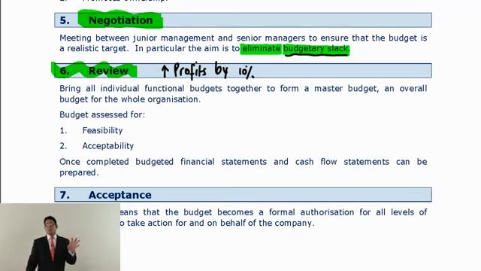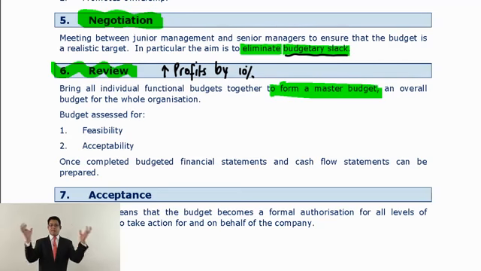So the review process starts with producing a master budget. Master budget is a summary of all budgets together. All budgets are grouped, merged or linked together, and this grouping or merging is called a master budget. Usually we produce three main summary reports from the master budget. One is the budgeted income statement, second is the budgeted balance sheet or financial position, and third is the budgeted cash